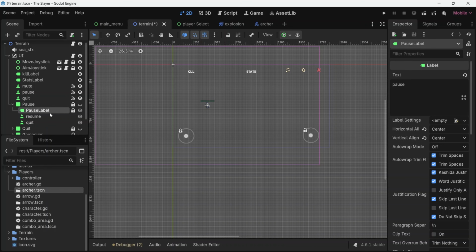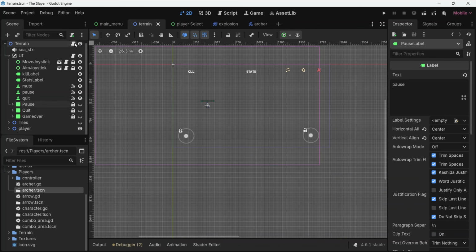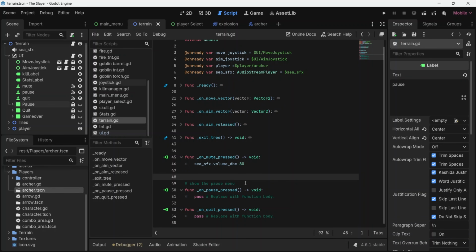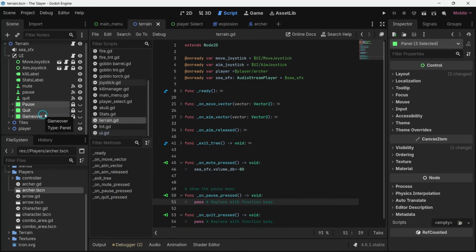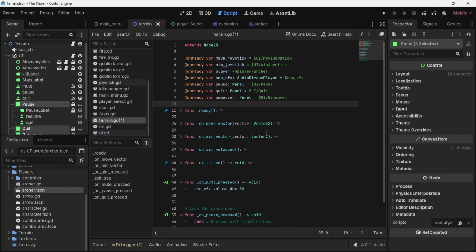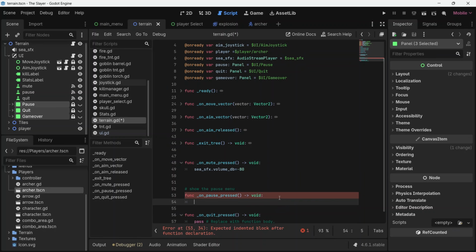Then change also the proposed label. It doesn't really matter whether you change it or not, but I think I'm obsessed with such kind of details as well. So for these three, you should have a node reference to them. While selecting the three of them, drag and drop them on the script and press Control. Now that you have references to them on pause pressed, what you're gonna do is